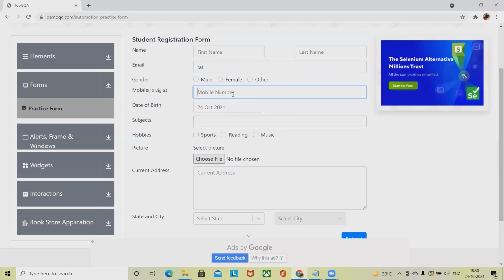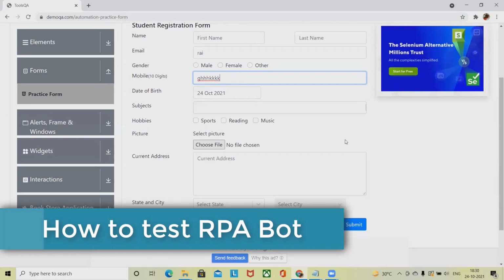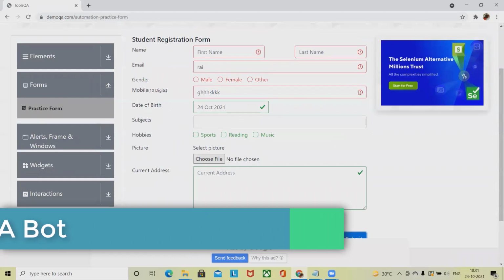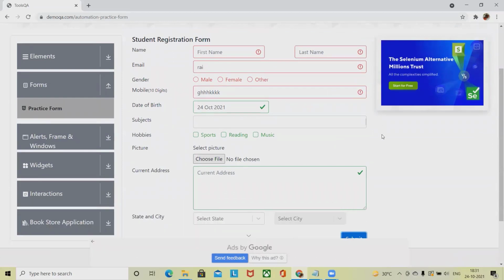Mobile number should not allow alphabets. You can see here that when the user enters only alphabets, it should not be accepted and should throw an error message. Click on this, and you can see an error message has been populated. So this is a structure we have to make sure of.